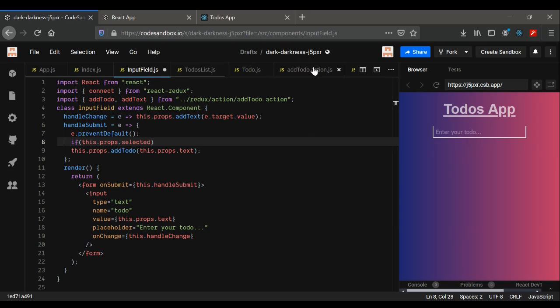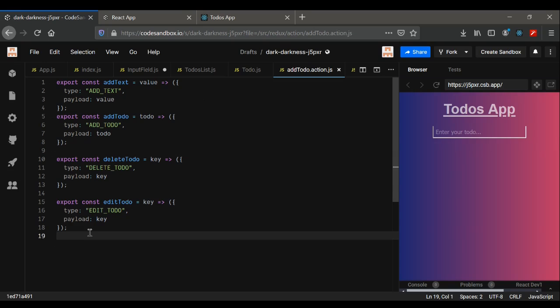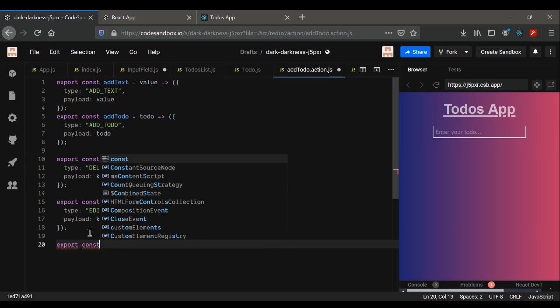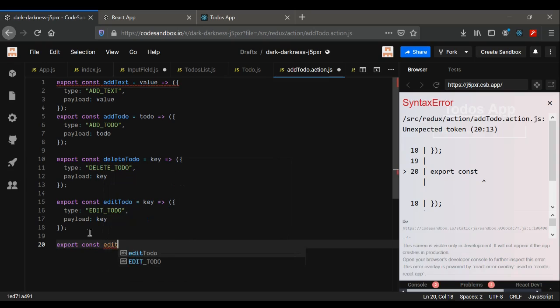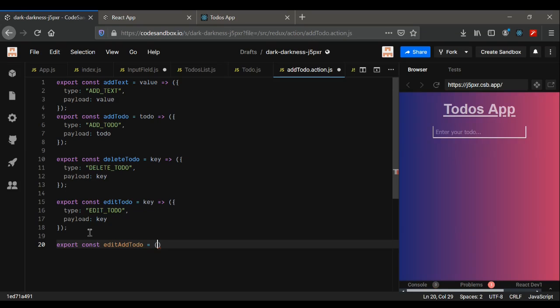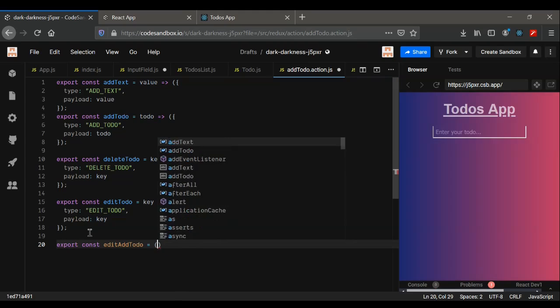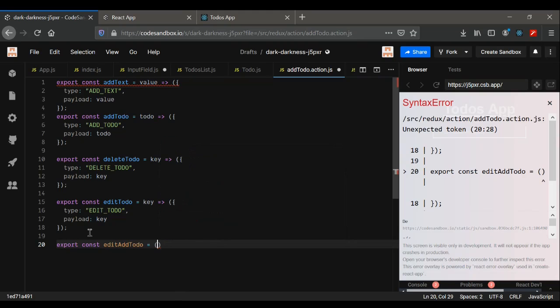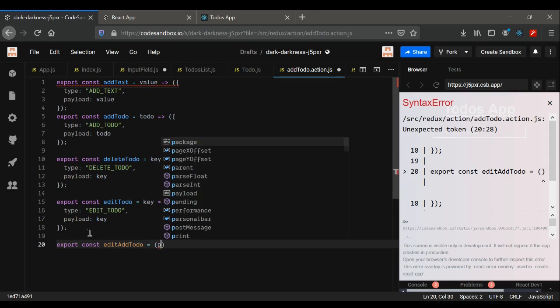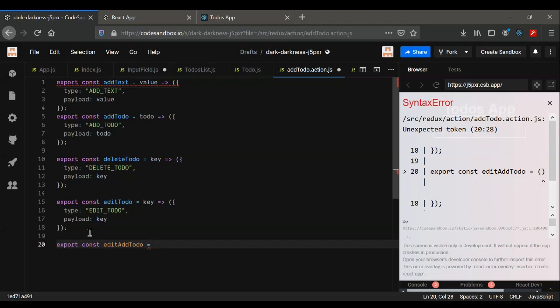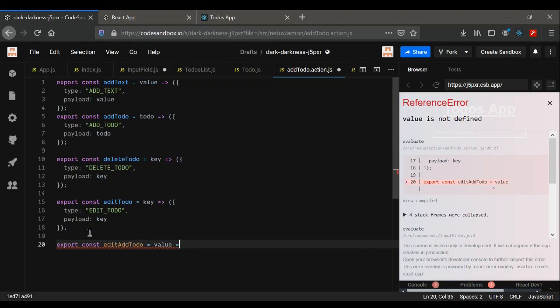In here I'm going to give the name export const editAddTodo. It's going to fire the editable part. So in here we need the action.payload. We need only one part, this payload, meaning we need the text value. So the value we need,